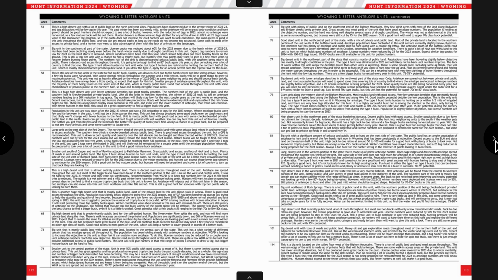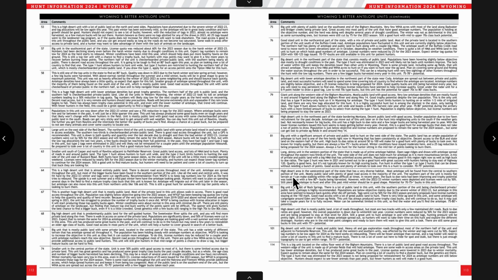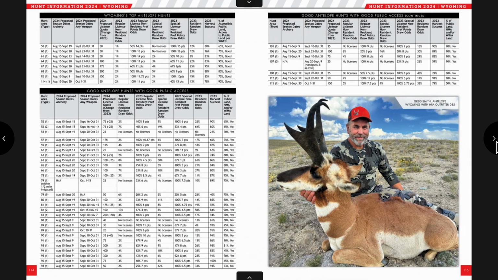You can come in here, and it has unit descriptions on some of the more popular units for rifle hunts. And so you can read that and get a little bit more description from Hunting Fool on what to expect in that unit. And then you can see here they have a table with all the breakdowns of the season